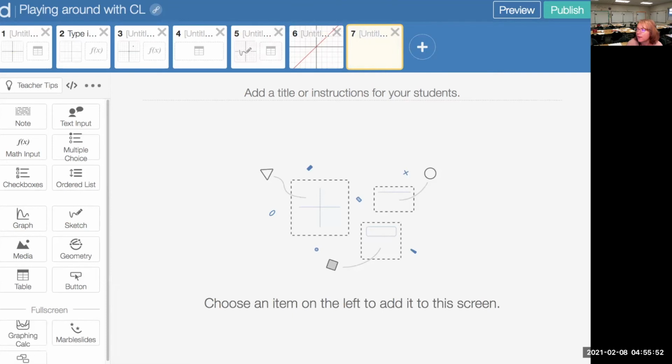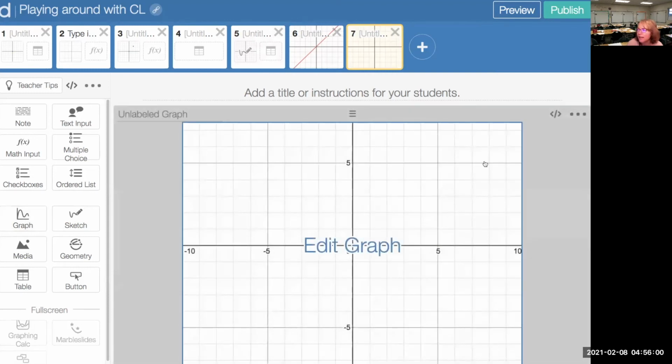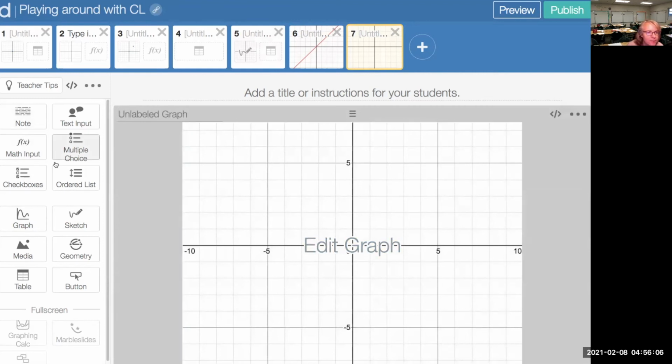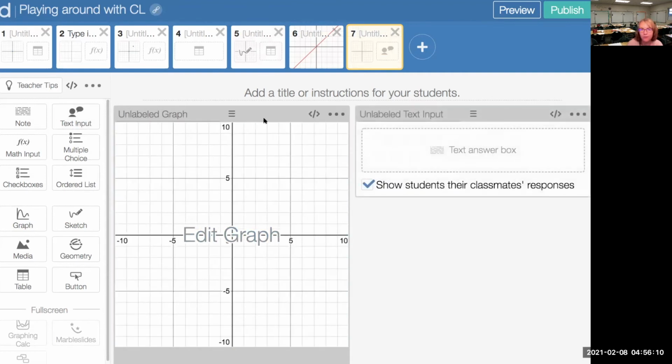And so here, on 7, we want to have a graph. So let's put graph here. And maybe we want some text or something else that they're going to talk about something, who knows. So we can put some other stuff over here, but let's just go ahead and copy the graph. So in order to do that, what we want to do